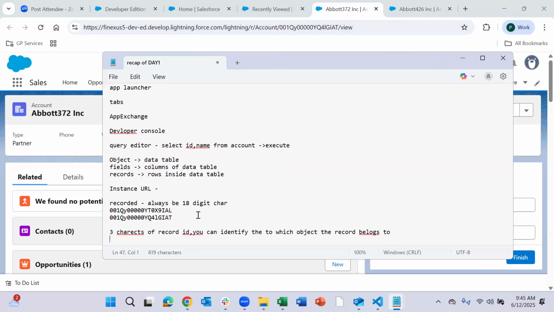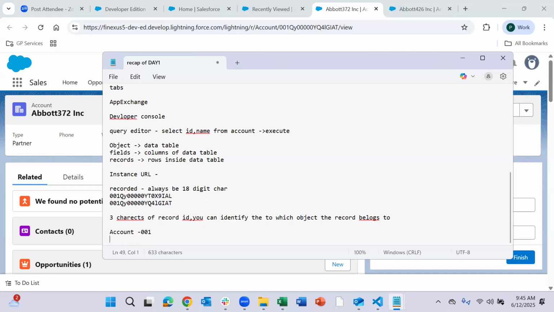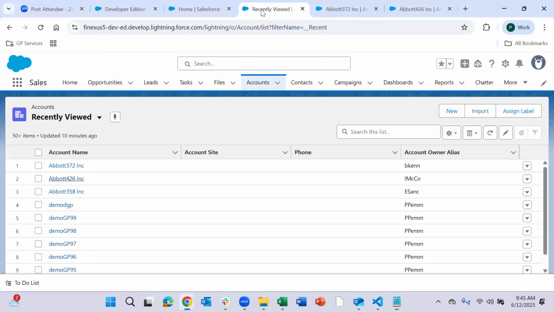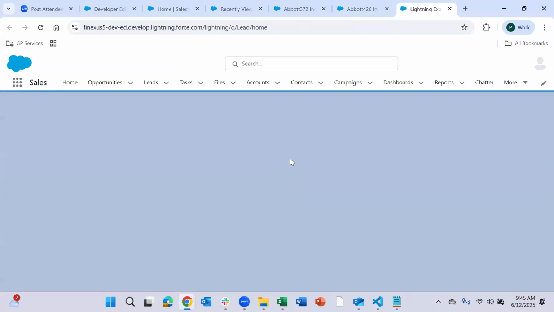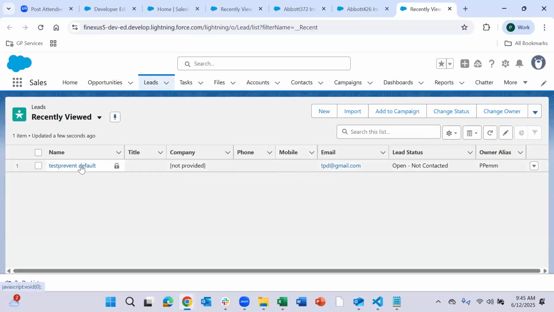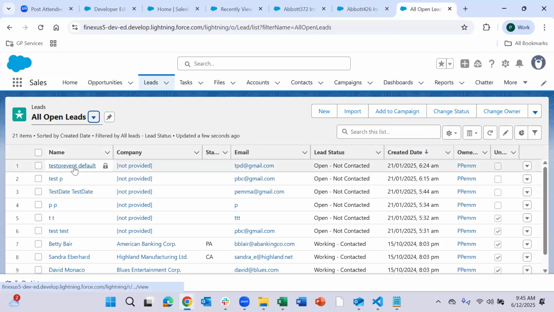So let's see. For the account object, it is 001. Similarly, we have different objects here, right? Let me open the leads object. So let me go to leads.